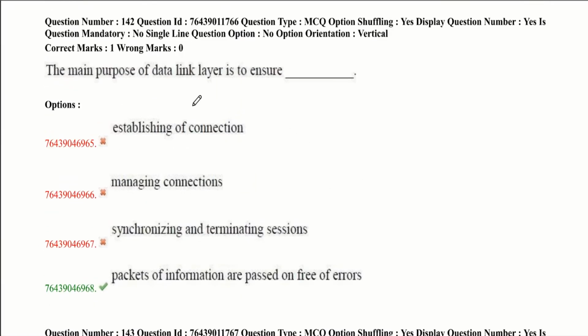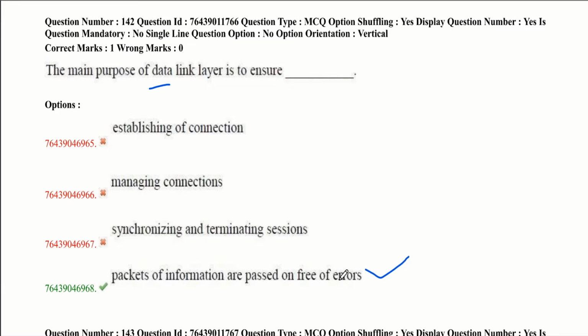The main purpose of the data link layer is to ensure... The data link layer adds source and destination addresses to the data stream, as well as information to detect and control transmission errors. So the answer is packets of information are passed on free of errors.